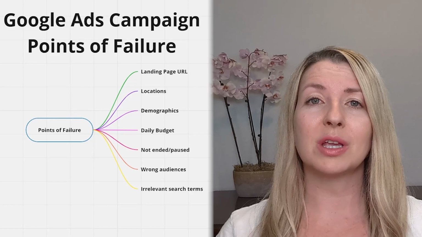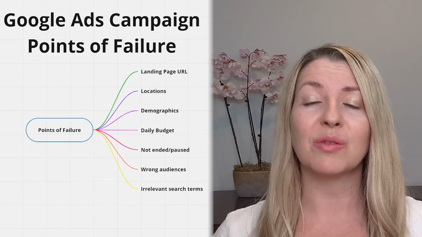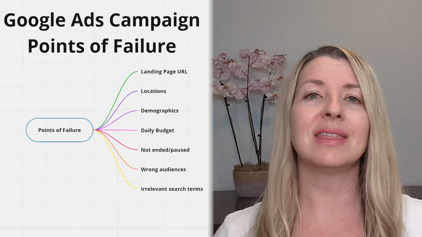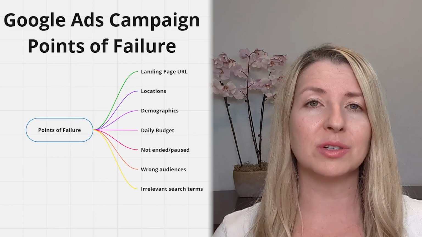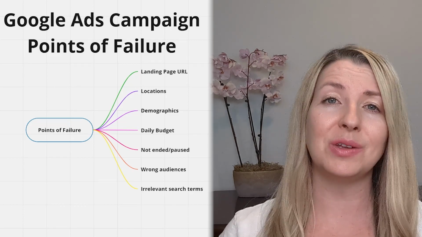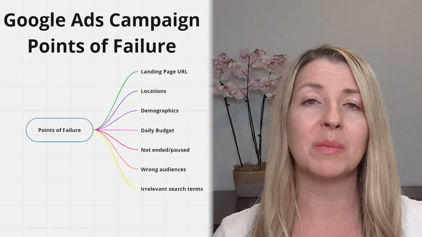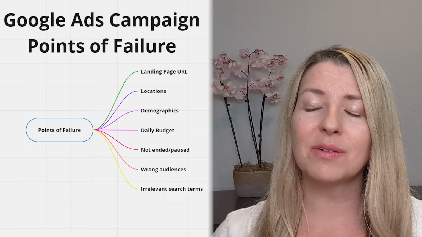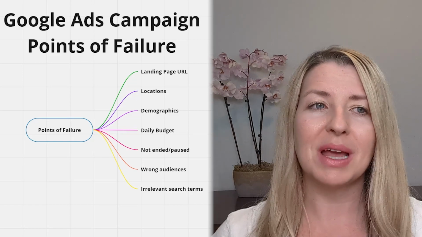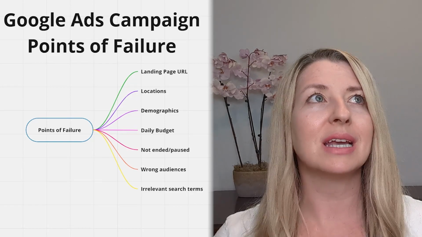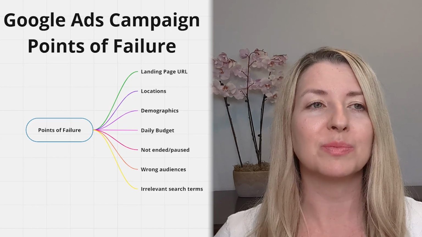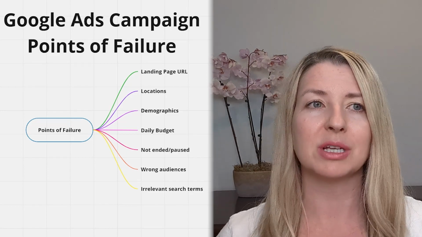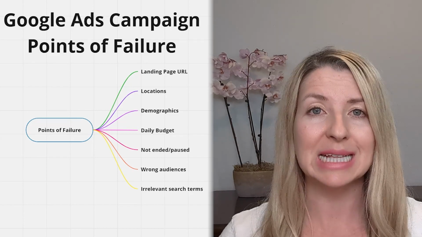You want to make sure that you are adding negative keywords before you launch a campaign to prevent wasted ad spending, and then learning from irrelevant search keywords to add new negative keywords to prevent them from coming back again and getting clicks. And so there's lots of opportunities to waste ad spend. Unfortunately, it's super easy. It's kind of scary when you're managing large budgets. So you have to have really great processes in place to make sure that you're not wasting any ad spending